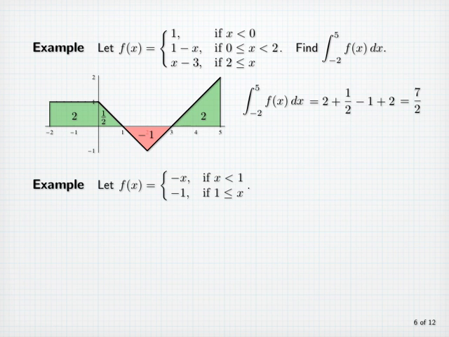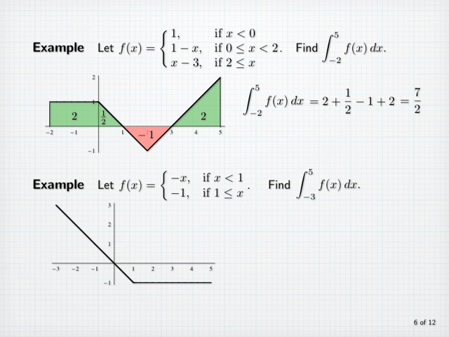Let f of x equal minus x if x is less than 1, and minus 1 if x is greater than or equal to 1. Let's find the integral from -3 to 5 of f. Here's the graph of the function. Again, the integral will be the signed area of the region bounded by the graph and the x-axis between -3